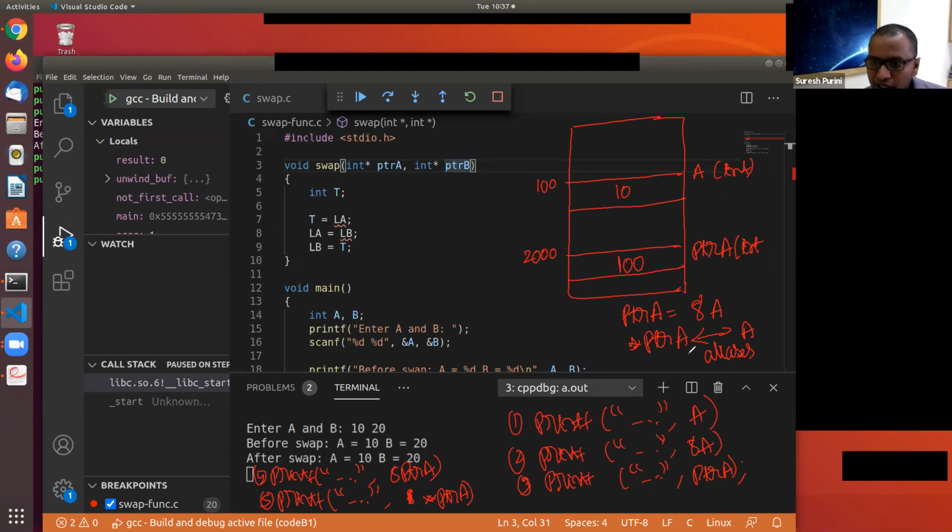This is what is called pointer dereferencing. The star is what is called a dereferencing operator. I want you to understand all these 5 things. If you understood all these 5 things, then you are in good shape.